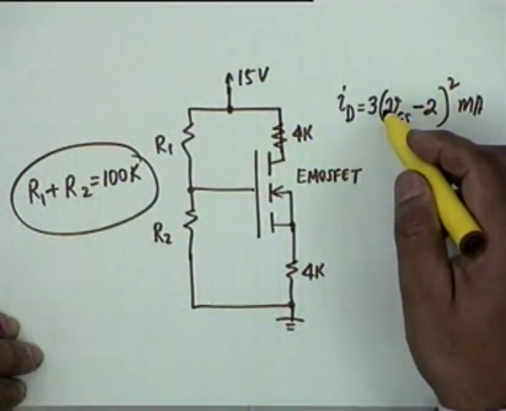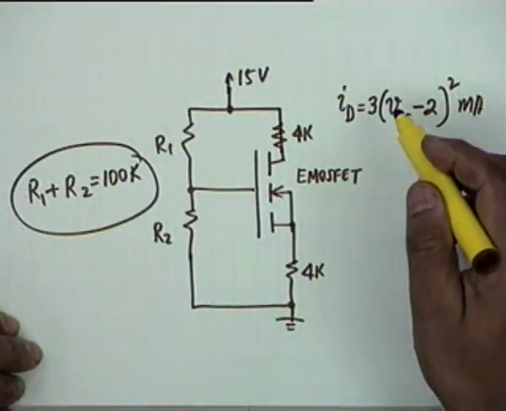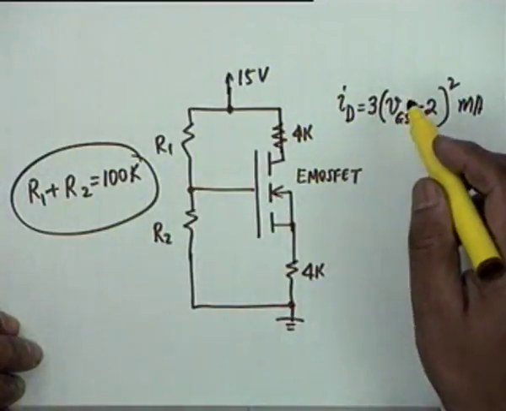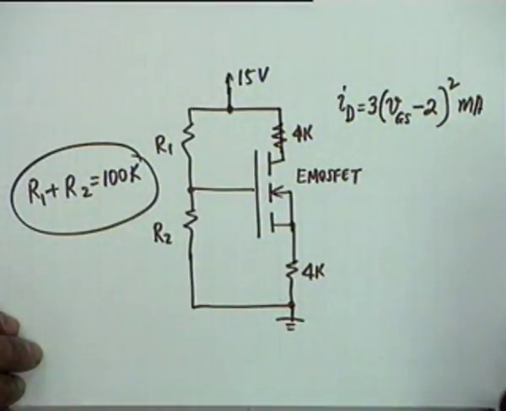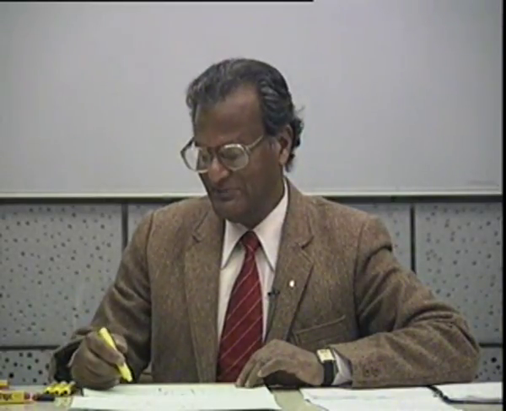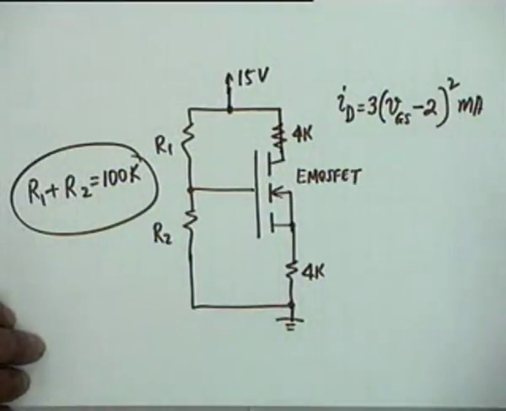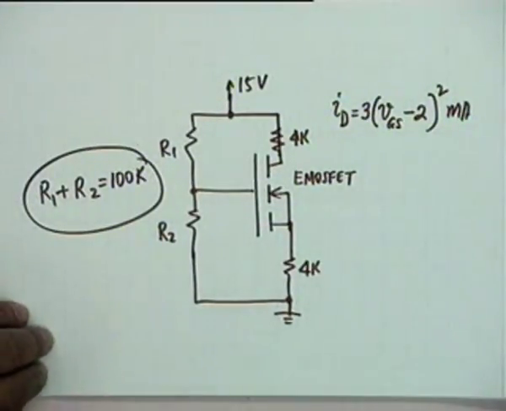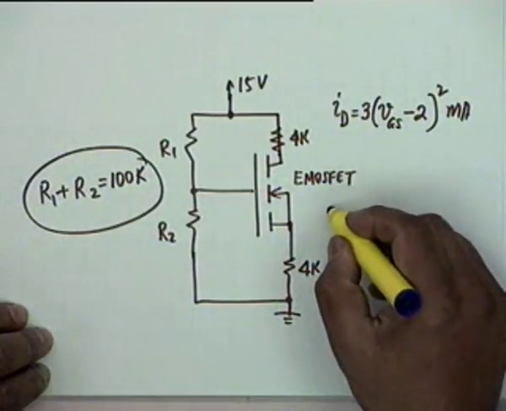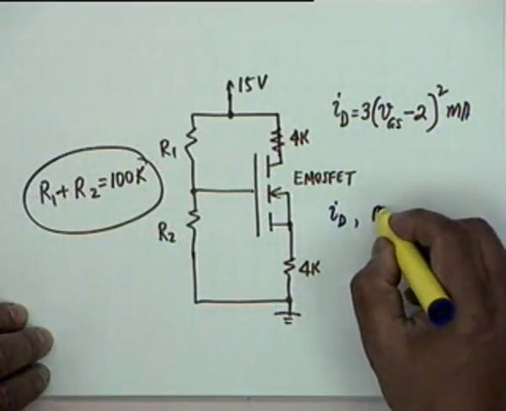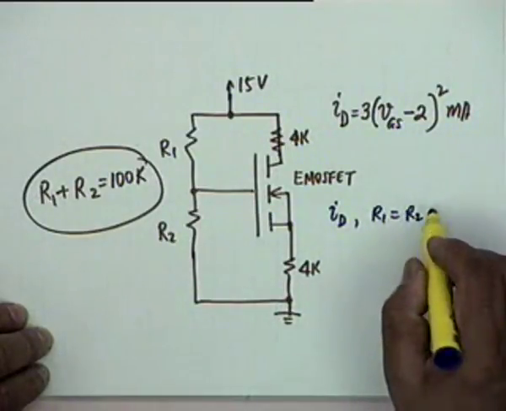These are the two things that are given. That is K for NMOS FET. You know the constant is given as K. K is 3 milliamperes. Is that correct? No. K is 3 milliamperes per volt squared. You must make the dimension correct. 3 milliampere per volt squared, and VT is given as 2. Now the questions are, firstly, that you have to find out I sub D when R1 is equal to R2.